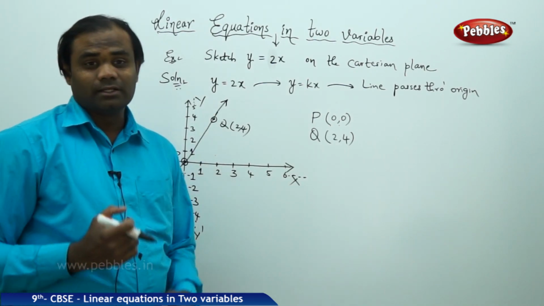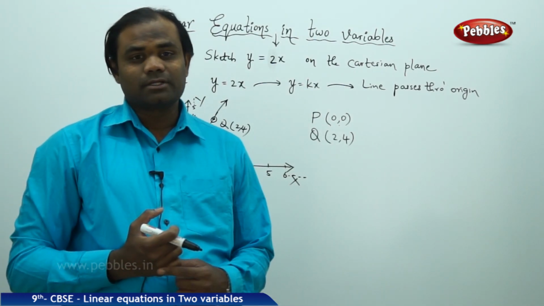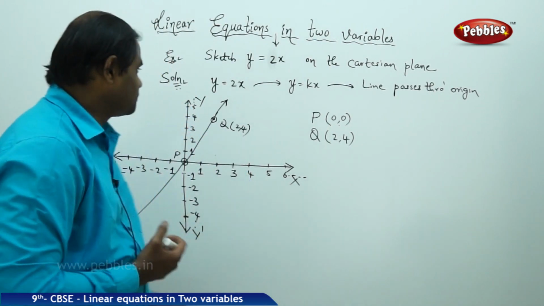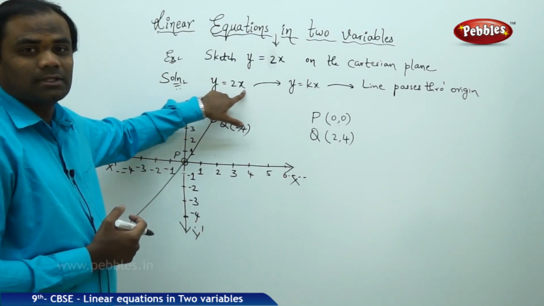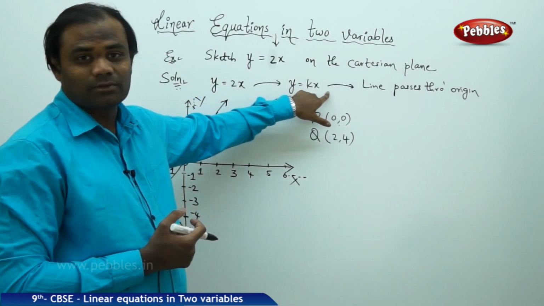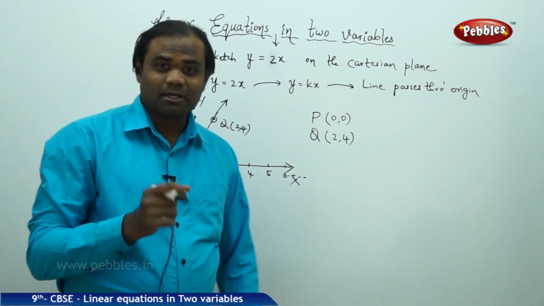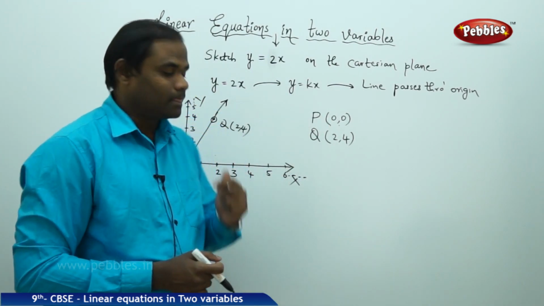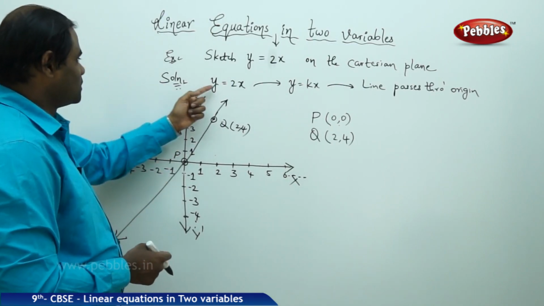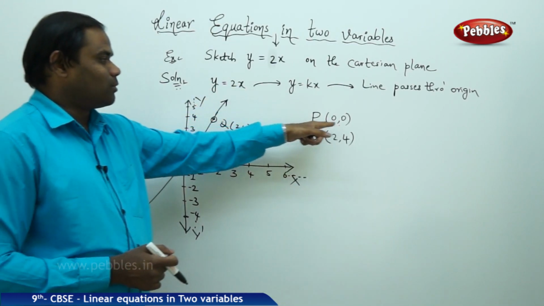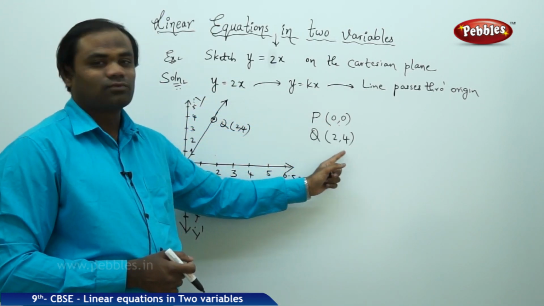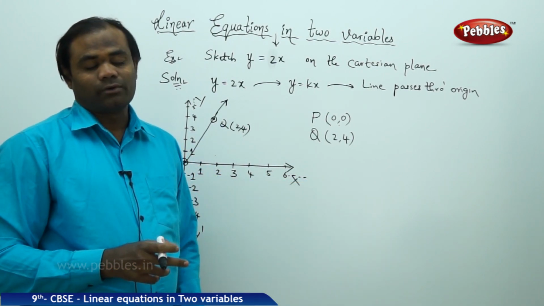So what do we make the learning outcome? The biggest outcome here is that if the line y equal to 2x is expressed in the form y equal to kx, then that line must pass through the origin. Therefore, for the line y equal to 2x, the points 0, 0 and 2, 4 are picked at random choice